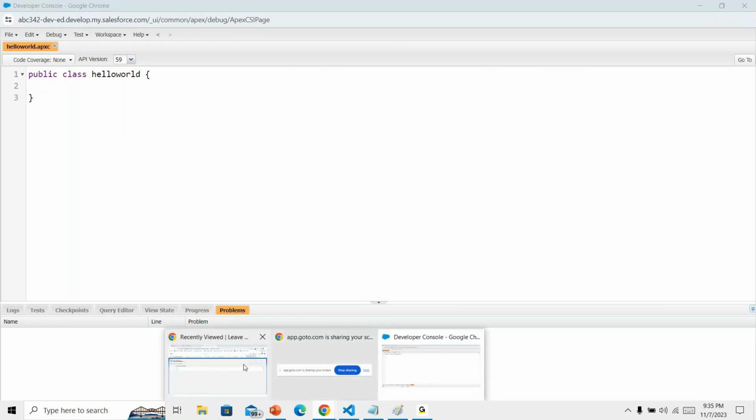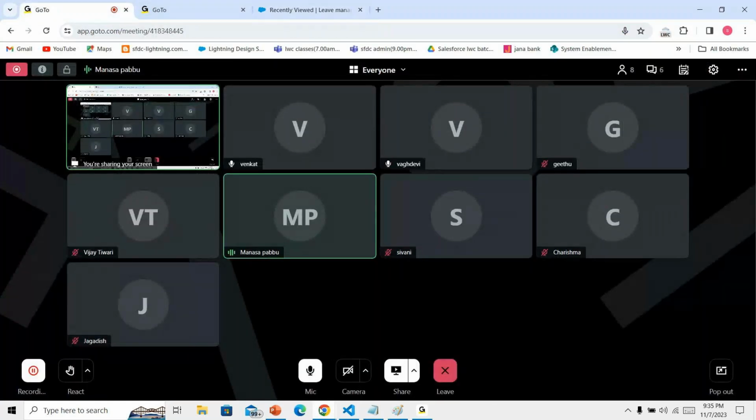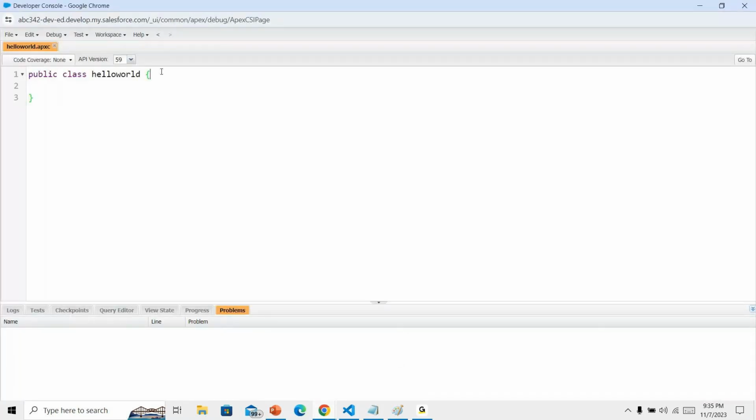Is my screen sharing? Okay, hello world program. To create a method: public static void method one. Here we will use system.debug to print the data on the console: Hello world. You need to give the semicolon at the end. Control S to save. To represent that information under the debug console,